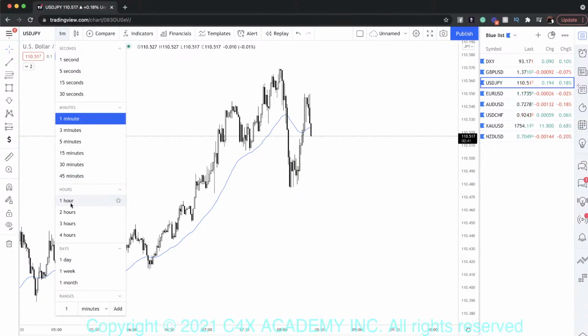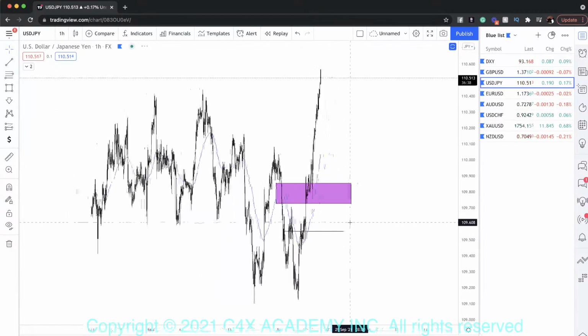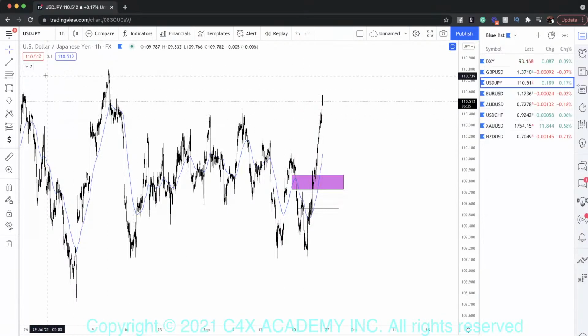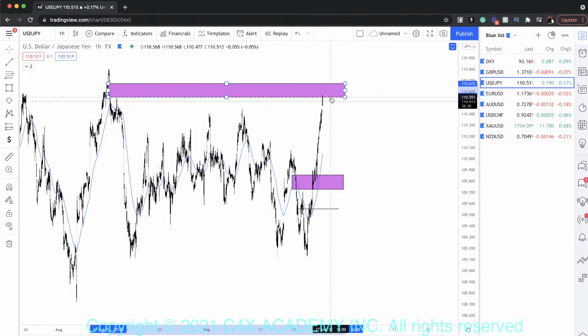USD/JPY. When we go over to the 1 hour time frame, we can see how we've been expanding for quite a while, and we are coming into a nice zone of imbalance right up over here. So if we do respect this